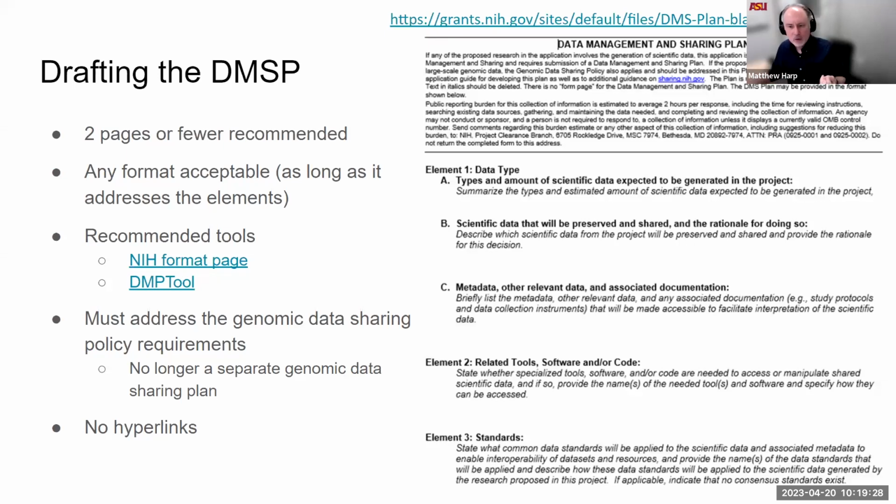We have a couple of tools available that you can point people to. One is that the NIH provides a blank Word document file that folks can fill in, just like you see in the screenshot here, where it's broken down and you just fill in below the respective sections. The other thing that we recommend is a tool called the DMP Tool. Some of you may already be familiar with it. In fact, on the next slide, we're going to talk about the DMP Tool, which we highly, highly recommend. Okay, let's go ahead and jump to that.